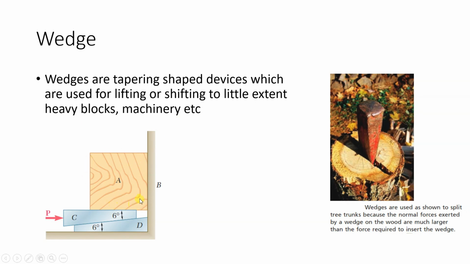Now suppose the weight of block A is more, but even if you apply a small effort, this block A can be raised, because here we are using a wedge. Since this wedge is inclined, there will be a normal reaction, and that normal reaction will be more. So small effort is converted into larger advantage, and heavier weight can be lifted by the application of small effort. Okay, so this we will see in the numerical, and you will understand this point in a better way, how that normal reaction works over here.